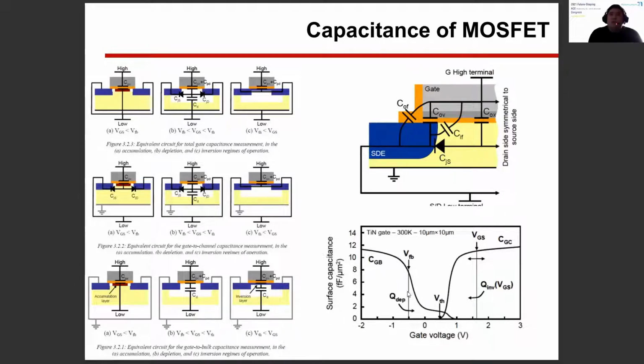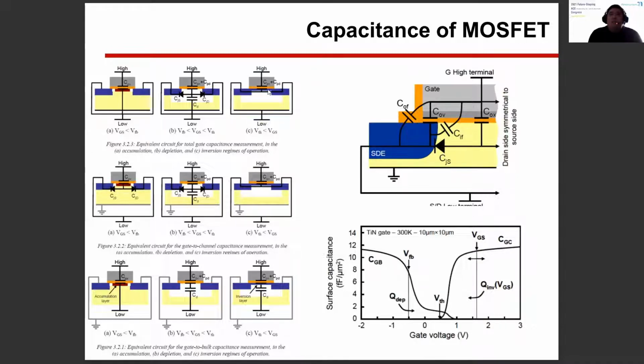So in this region, the capacitance is kind of lower. However, if we put negative voltage or positive voltage on the gate, in the case of this NFET, if we put positive voltage on the gate, the channel is going to be open and the